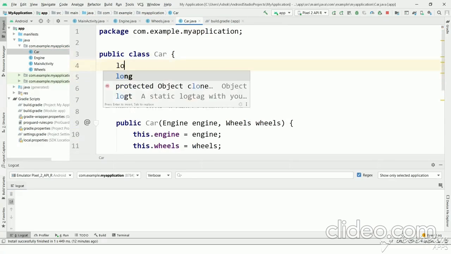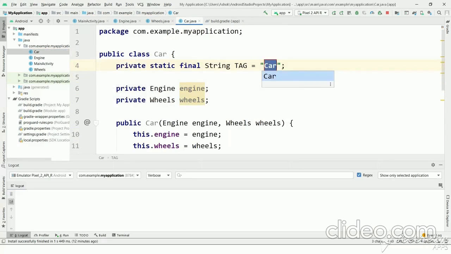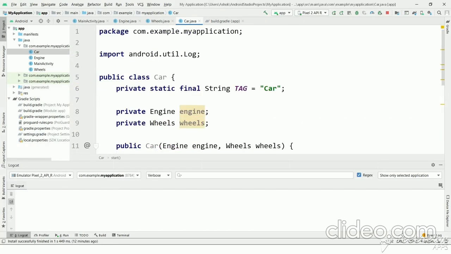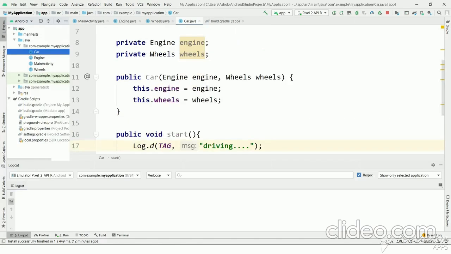Let's create a tag for logging purpose. So we have created a wheels, engine and car which is dependent on engine and wheels, and we have created a constructor using engine and wheels which are passed from outside.